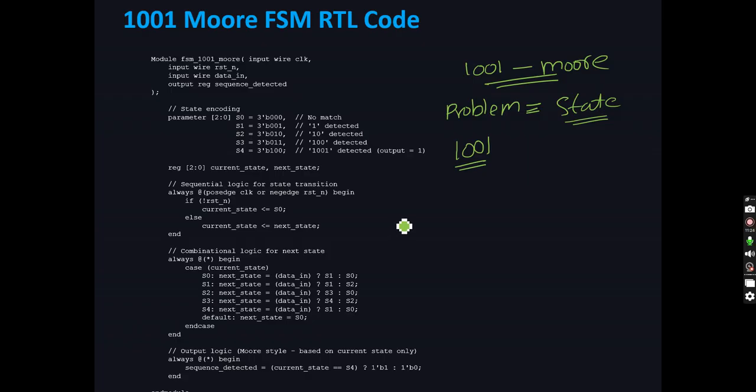The initial state we will call idle. So the idle state is nothing but the initial state, whereas the final state is called the detected state, or whatever it may be. You can give your own name. I am taking S0 as my initial or idle state. Moore has, as I said before, each state itself says the output. So whenever we do the reset operation, for this state it will give the output as